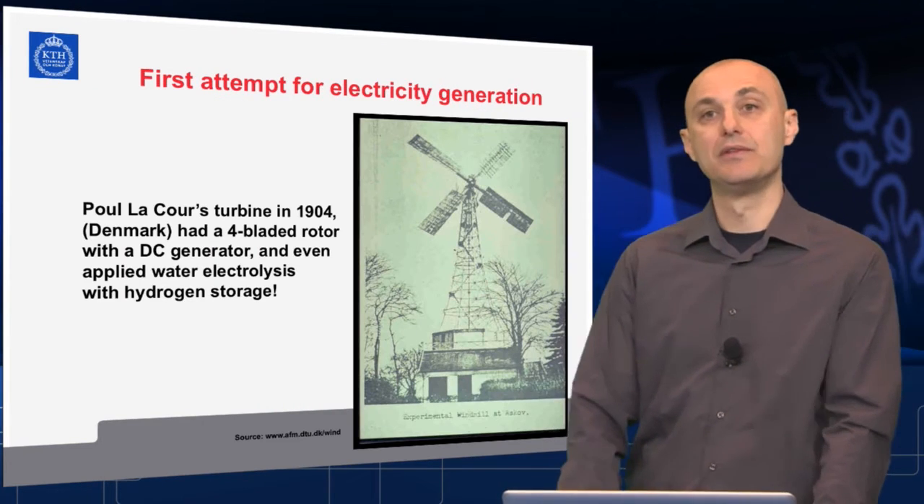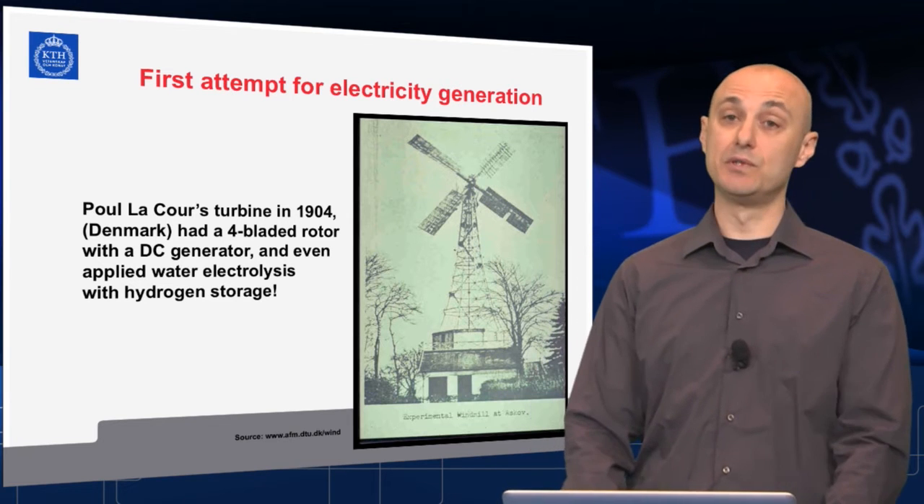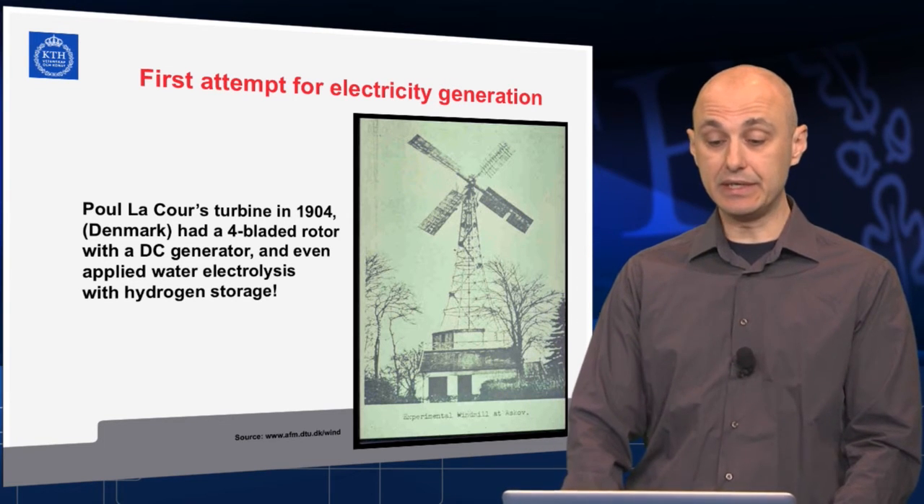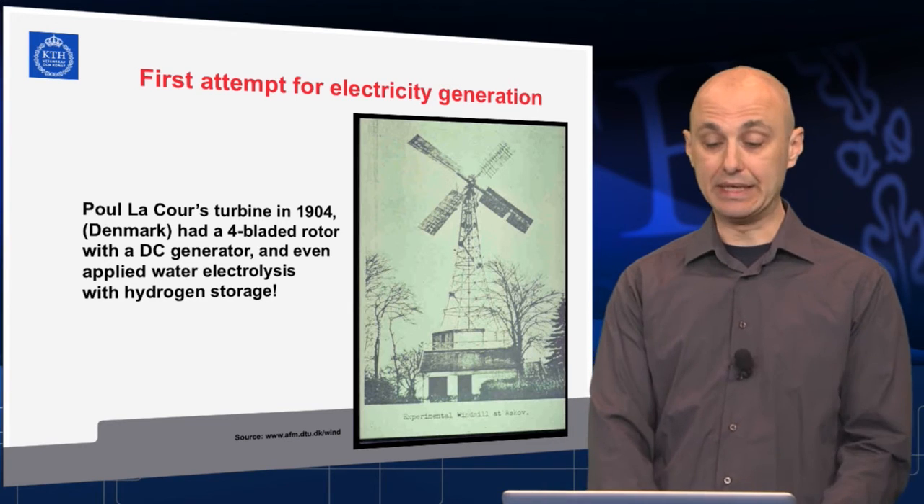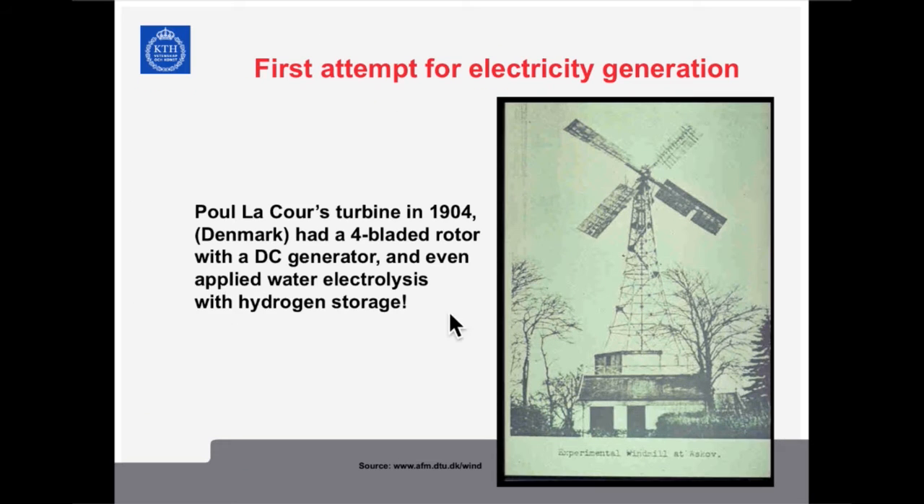Then we move on to the first attempt to produce electricity, and it's really a timeline here, or a turning point in wind turbine engineering, back to the classic four-bladed rotor, because that was the only thing that was known at that time. We're talking about the beginning of the 20th century, and a Danish guy with a peculiar name, Poul la Cour, who actually managed to build this, and who was a teacher in rural Denmark in a kind